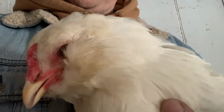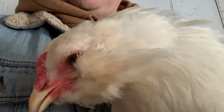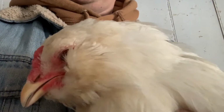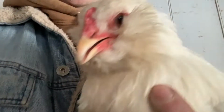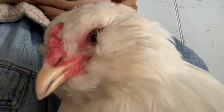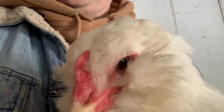So tied for 3rd is the Americana, which is basically a variation of the Araucana. The Araucana is from Chile, and there are some issues with breeding them. A lot of them die at incubation, so most of the birds you're going to find that lay green eggs are an Americana rather than an Araucana. And so the way you can tell is an Araucana doesn't have a tail, and